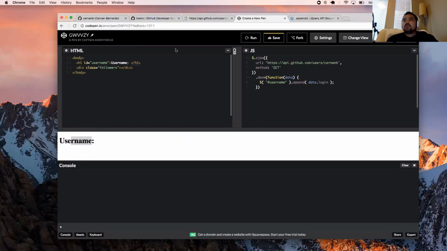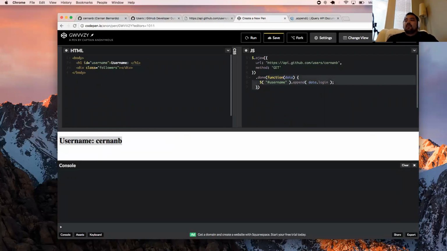Looks good. Let's run it. Cool. We can see that we've appended the DOM. Is anyone getting anything different? We need to troubleshoot. Cool. Looks good. So now let's think about,